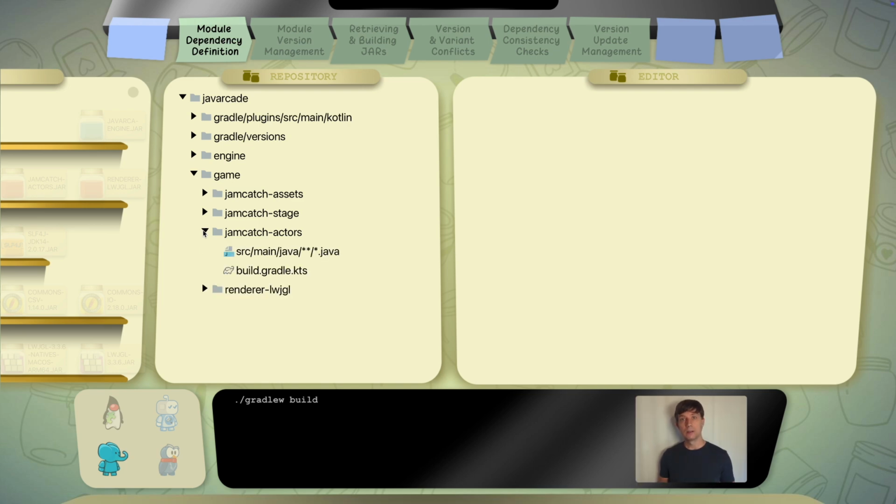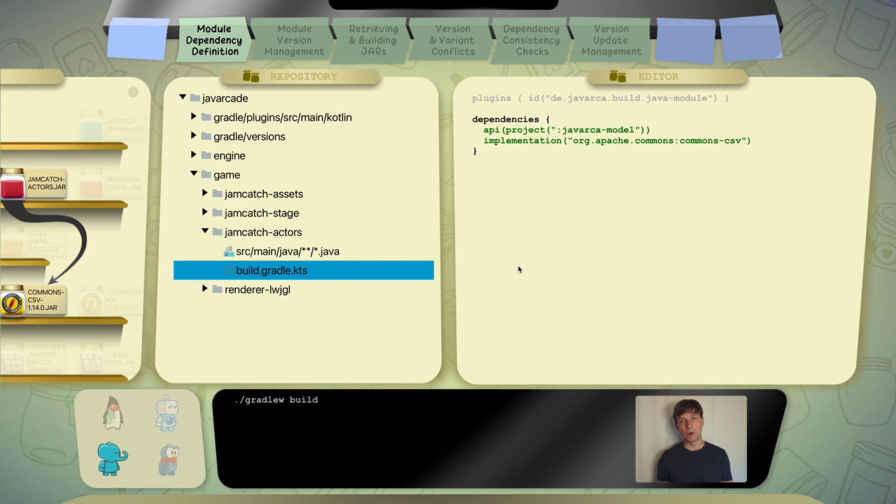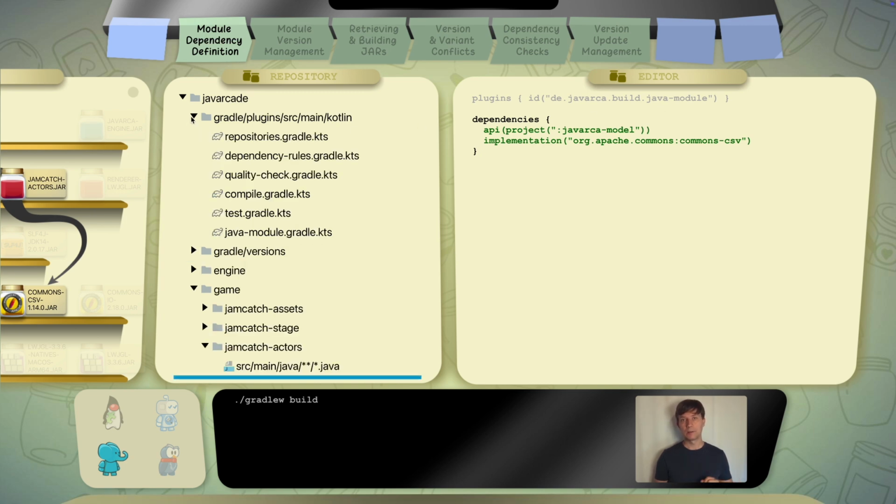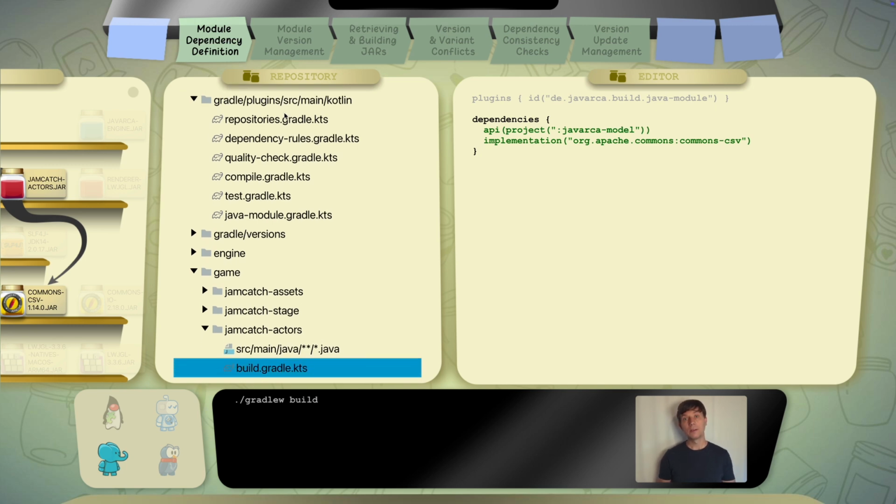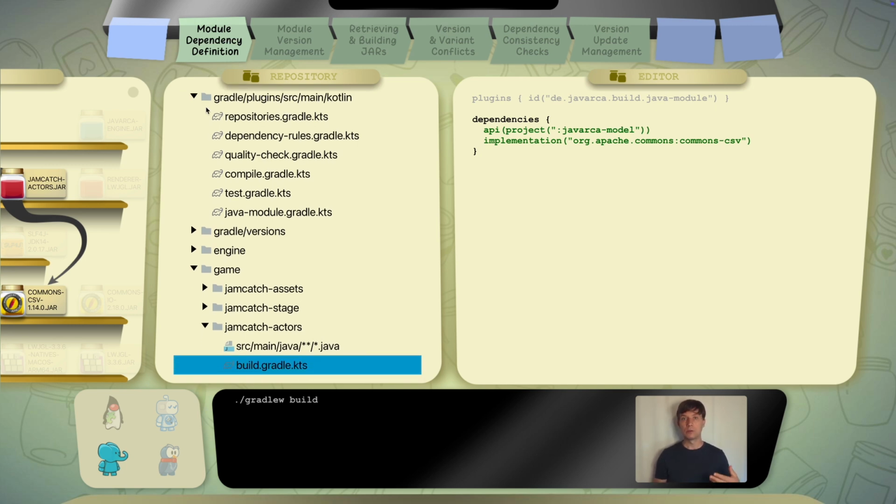In Gradle, configuration can be separated out of a build.gradle file of a module by putting it into a plugin. In your project, you can define a so-called plugins build into which these plugins go. How to exactly configure this is covered in my video on plugins. Essentially, you can decide for a folder where you want to put your configuration. I recommend using the gradle/plugins folder. In here you can see that I have a number of Gradle KTS files.